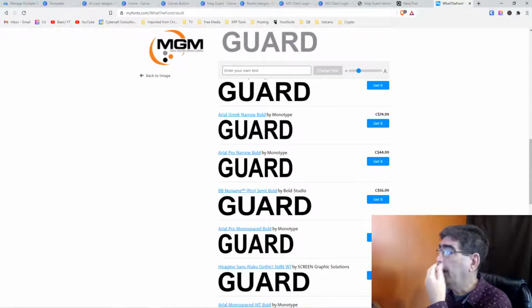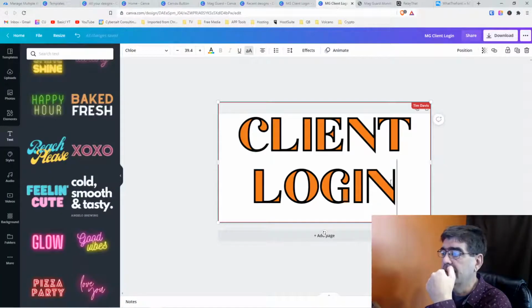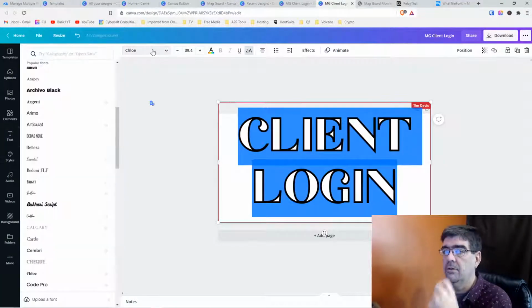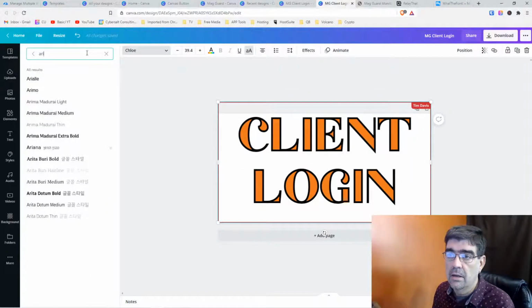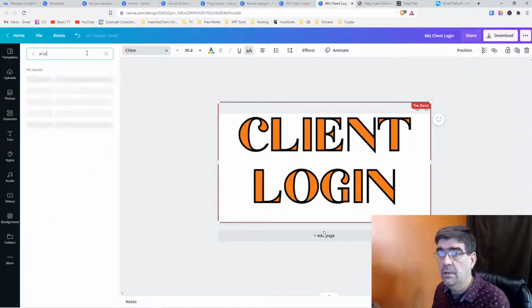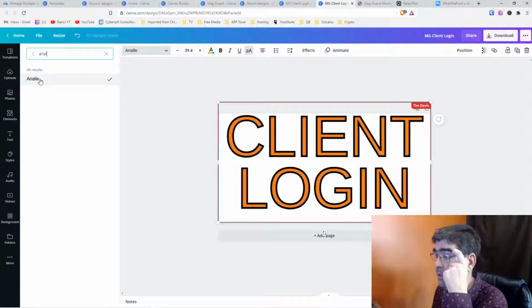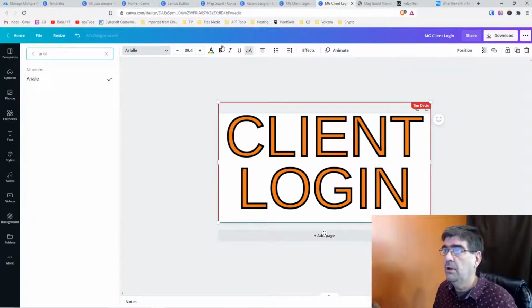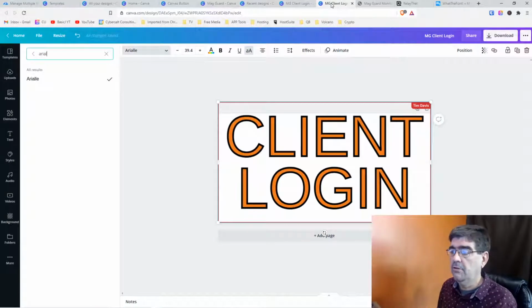So what I can do back here is go to the graphic where I was. Let's select this. I go up here and let's type Arial. Let's see if that's sort of like it. That might be. Now that's pretty skinny compared to what the actual logo is. Oh, and it's really not that skinny there either. Okay. So if I do that in Arial,